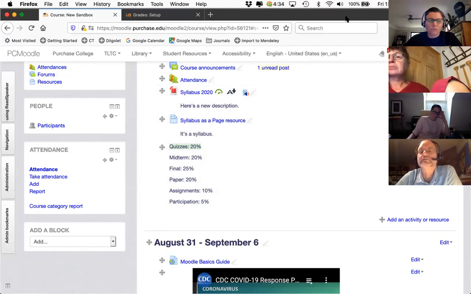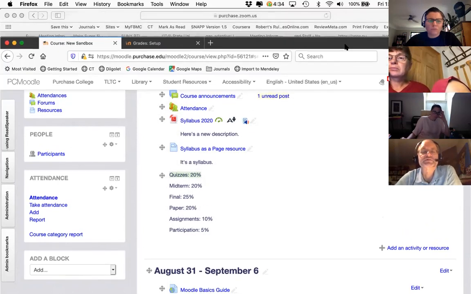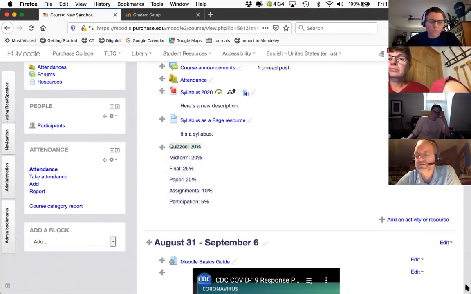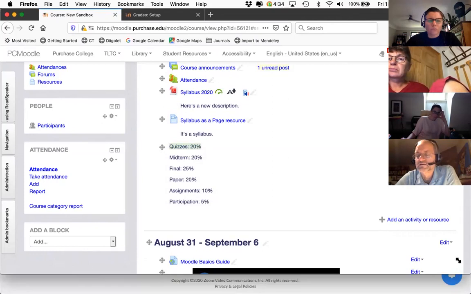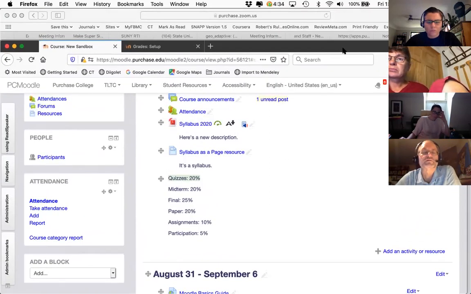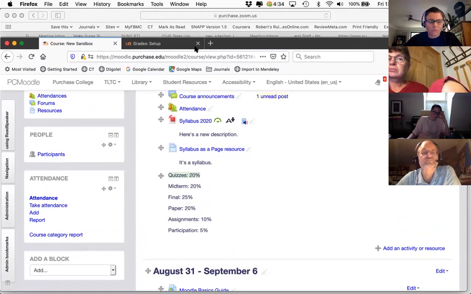And got all these Zoom control windows in the way, so let me organize my Chrome window a little bit better here. Okay, so